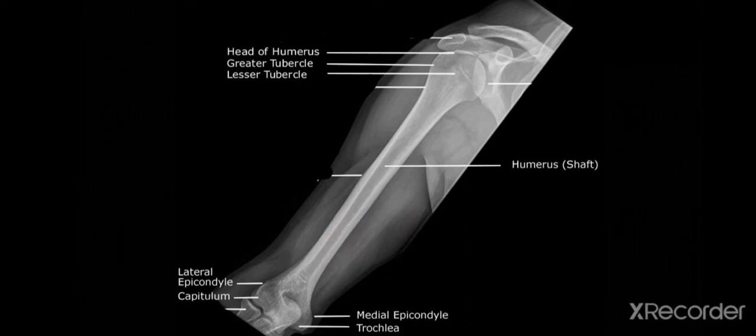That's all about ossification, and let's see some clinical correlations. Axillary nerve, radial nerve, and ulnar nerve. These three nerves are directly related to parts of the humerus. The axillary nerve is related to the surgical neck, the radial nerve is related to the radial groove, and the ulnar nerve is related to the posterior part of the medial epicondyle. Fracture at these regions may result in damage to these nerves.